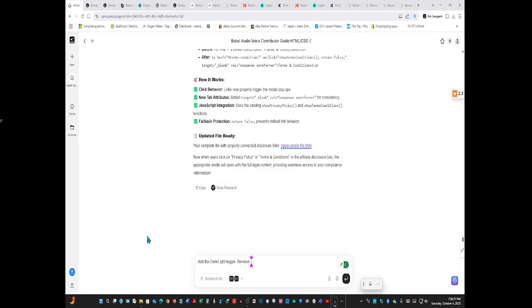Remove button. Connect the footer affiliate disclosure, capital I believe it is, disclosure link to the affiliate disclosure box.